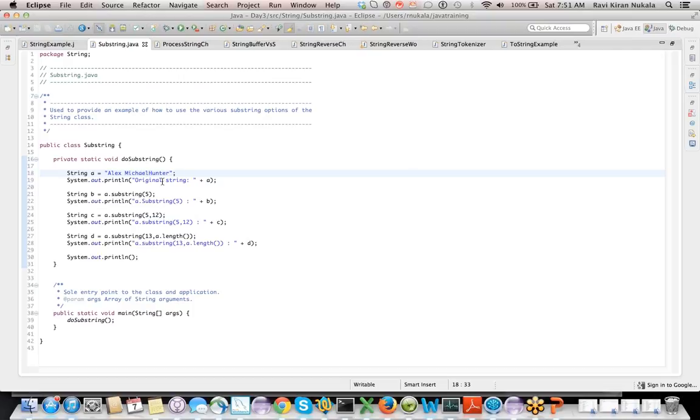Now, if it had been the zeroth index even in the second argument, it would be 0, 1, 2, 3, 4, 5, 6, 7, 8, 9, 10, 11, 12. It should have been 12. H also has to be included, right? But if you execute it, we'll execute it in a minute, it will not include that. So this is the zeroth index and this is the normal index. This is a key point in substring that I want to mention. Okay, let's execute it.